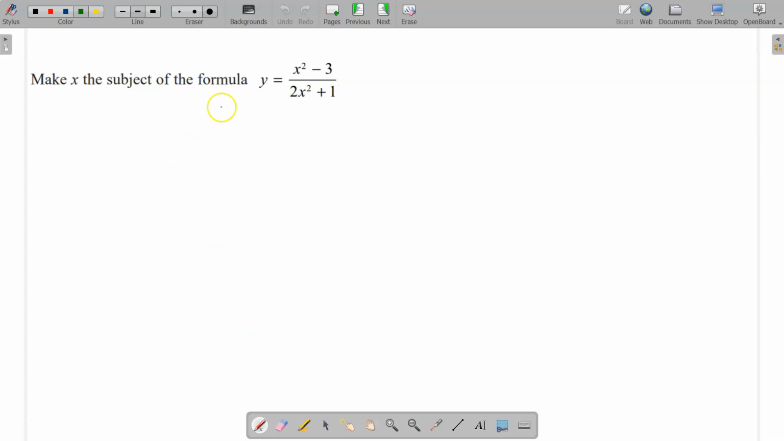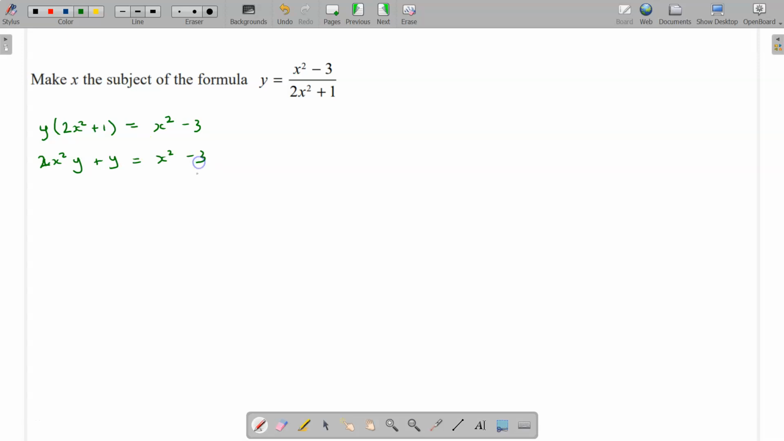So this is what we do. We start by multiplying both sides by the denominator. So we have y multiplied by 2x squared plus 1, and that is equal to x squared minus 3. Okay, now I multiply out the bracket to give me y times 2x squared, so I'll write that as 2x squared y plus y, okay, equals x squared